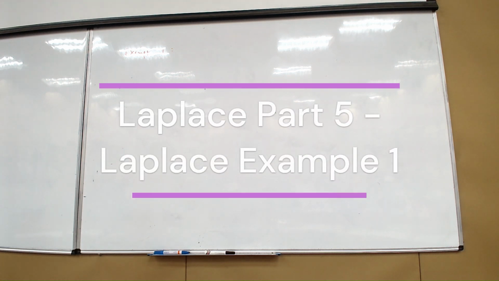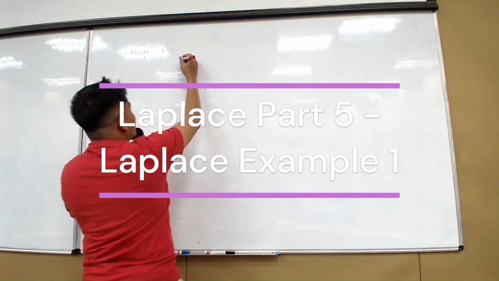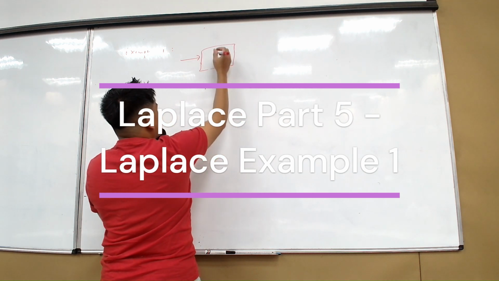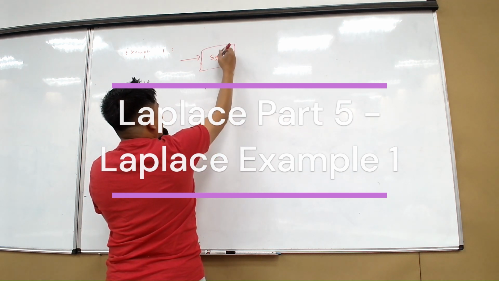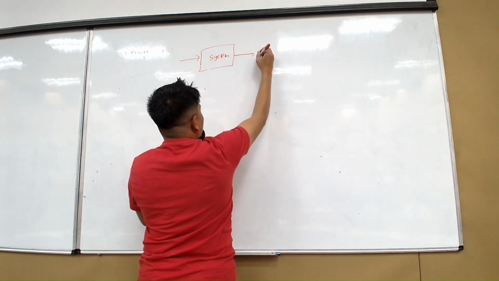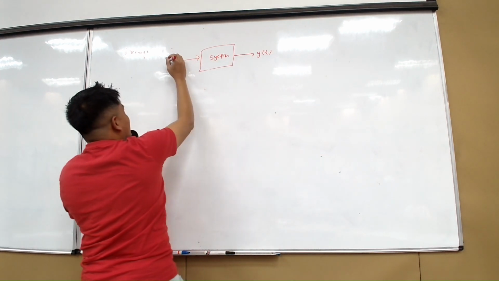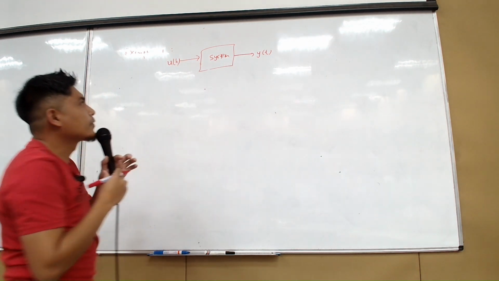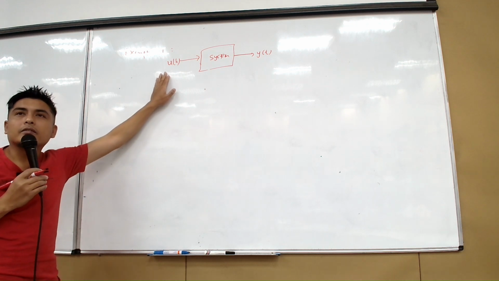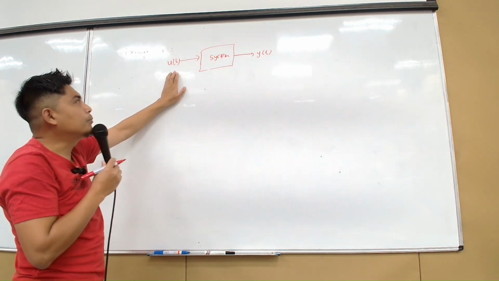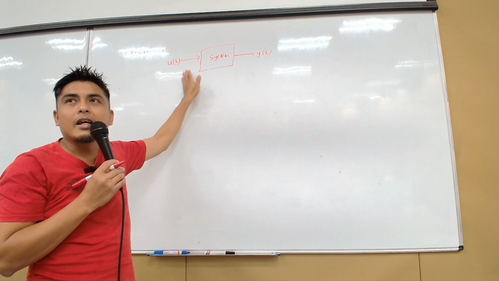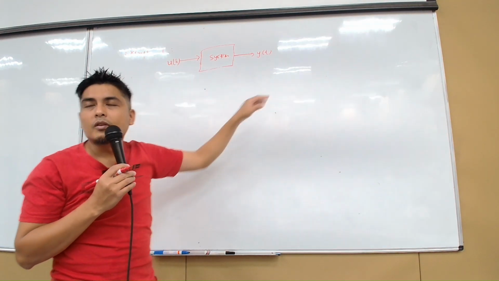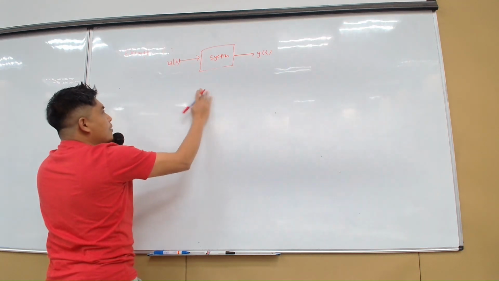Okay, I give you a system with the input ut, and then the input goes to a system, and then you get the output. So I give you the output is